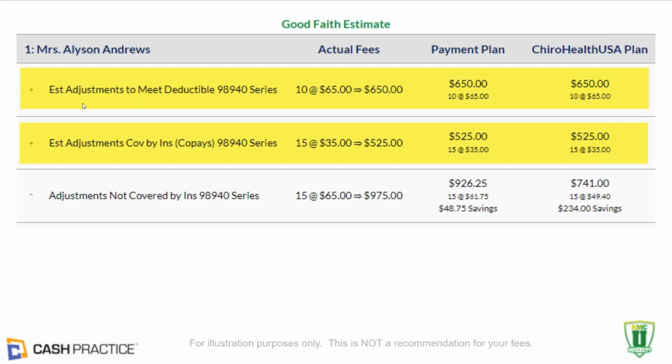I'm showing you in this right here, these 2 yellow highlighted lines. These represent services that are being billed to insurance. Adjustments to meet the deductible, adjustments covered by insurance, the co-pays, and you'll see here the $650 or the $525. In the discount columns, they are not discounted. They are the full value. Again, because we are not discounting anything that goes towards insurance,